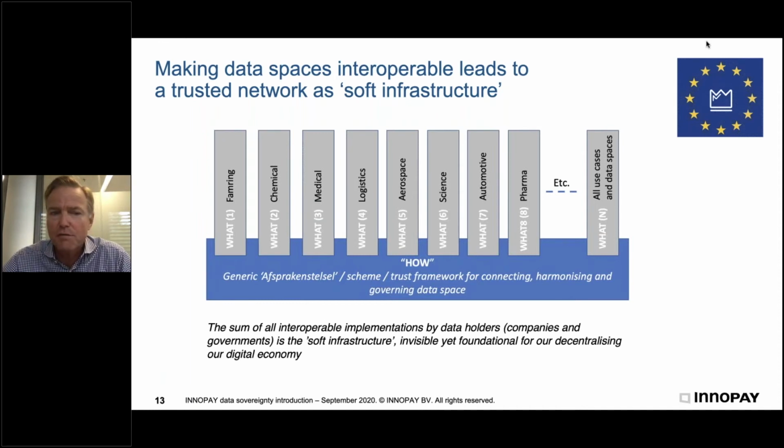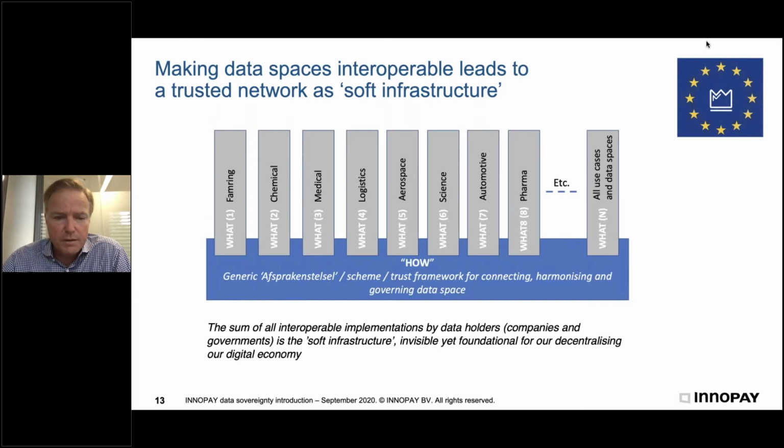Some things are very much space agnostic, like logistics is for some things very different from farming, for example, because of the data formats and the usage. But other things like the security and the trust can be very much the same. So there is room to connect and to interoperate an ecosystem of data spaces, and that's exactly the vision which is also laid out by IDS and the whole